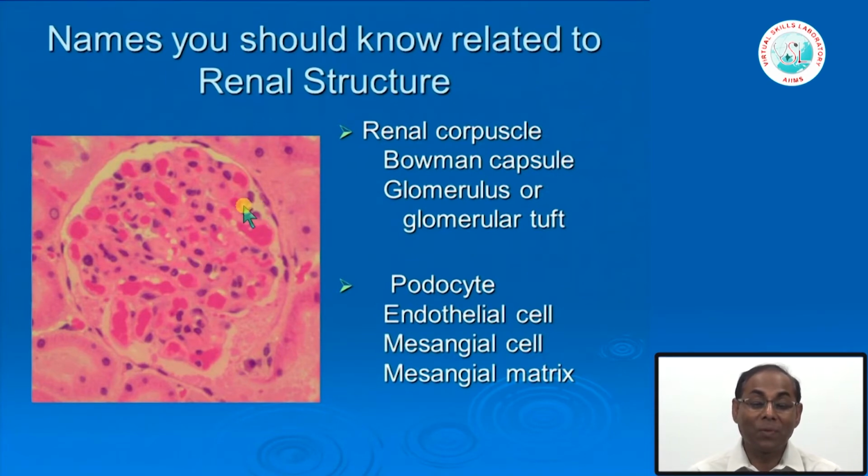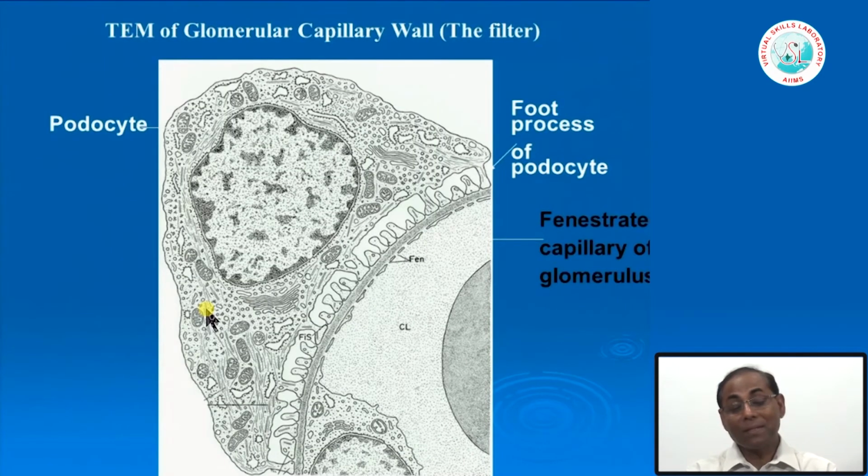Where you will see the podocyte, it will be outside this capillary loop, in an area like this. So, this will be a podocyte. The podocyte can also be seen under the light microscope. This is the Bowman's space, the urinary space, and these flattened cells are basically parietal epithelial cells. So, these are the structural components you can see in a glomerulus under the light microscope. Now, let us go into details. For that, we have to use electron microscopy. Electron microscopy shows the same thing, and these structures you can see in detail.